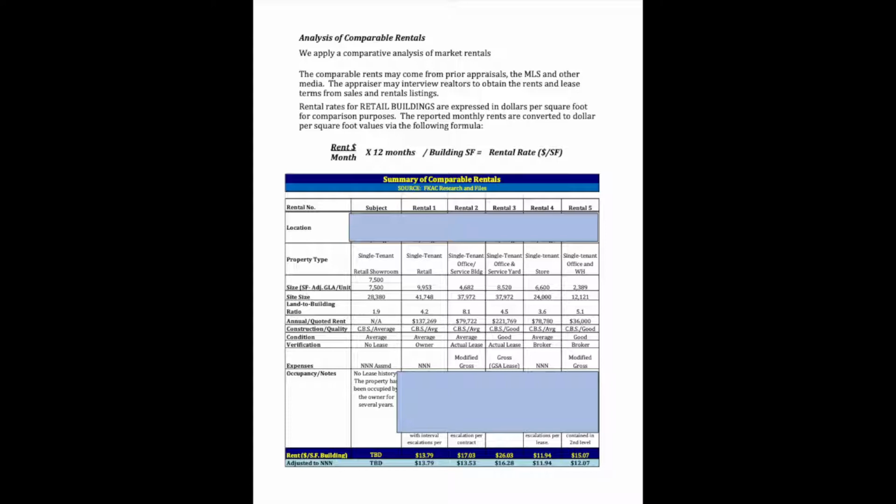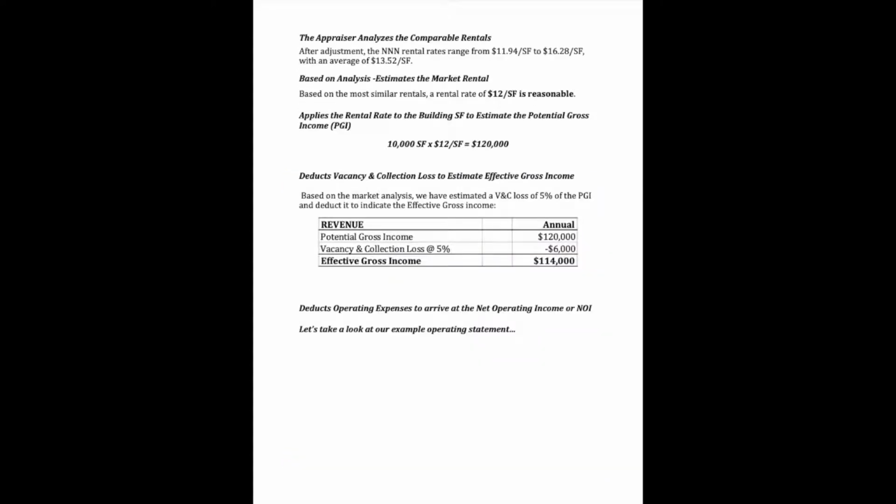After adjustment, the triple net rental rates range from $11.94 to $16.28 per square foot. Based on the most similar rentals, a rental rate of $12 per square foot is estimated for our example subject. We're going to apply the rental rate to the building square feet to estimate the potential gross income. So you have 10,000 square feet times $12 a square foot equals